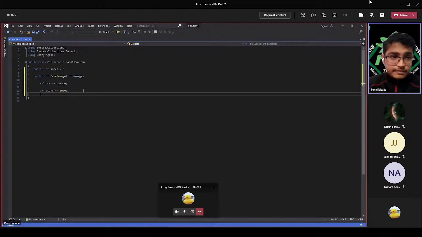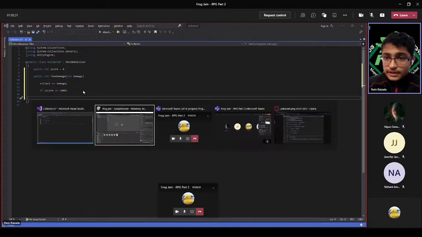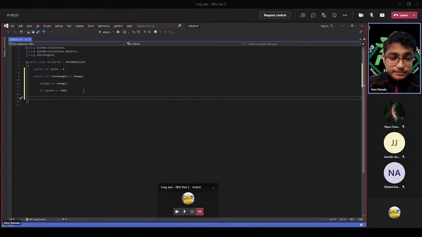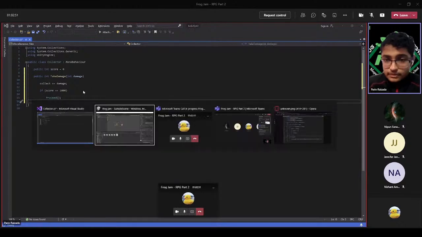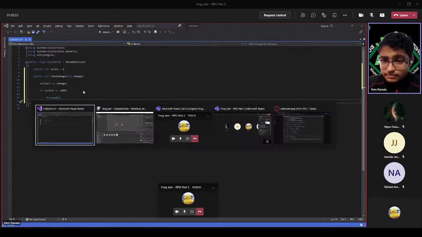So if score is equal to 1,000, then we're going to write this line of code called proceed. So what this is going to do is it's going to make it so that the new scene, it's going to change the scene to the new scene, and